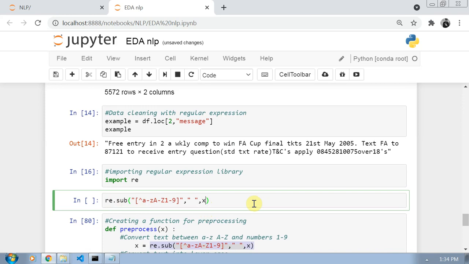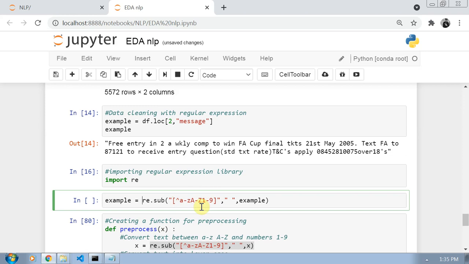This is the syntax: example equals re, where re is our library name, dot sub is the function. I am passing the regular expression, where I need the letters between capital A to Z, small a to z, and 1 to 9.